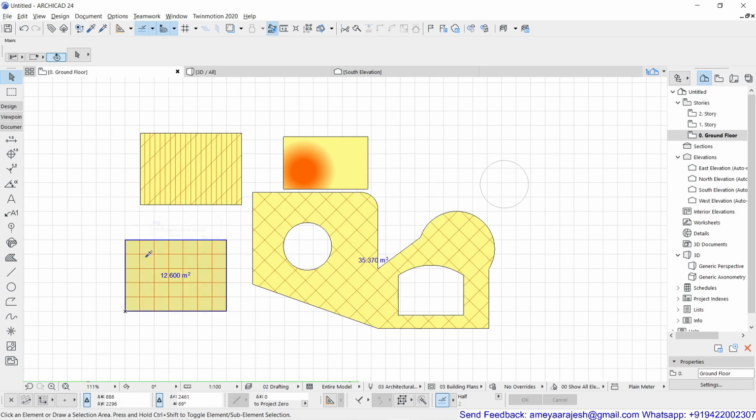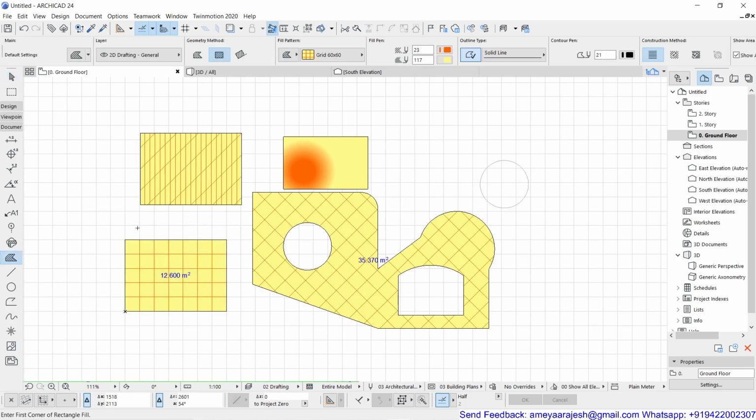You just have to go and stay on the targeted object, the parameters which you want to fetch. You just stay there and use the mouse pick button. ArchiCAD will prompt you by selecting that tool as your default tool for drafting, along with all the settings which are supposed to be there in this particular source object. And now it's a simple thing. You just have to stay inside the area which you want to fill up, and the magic wand will help you. Just hold the space bar and single click in that closed geometry which you want to fill.